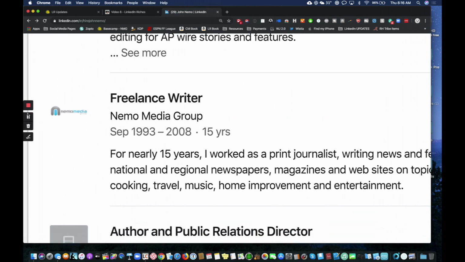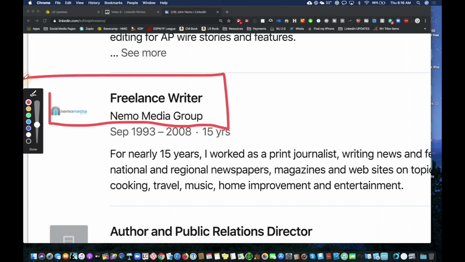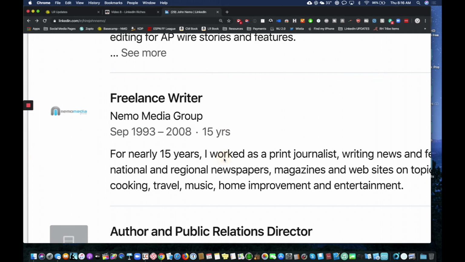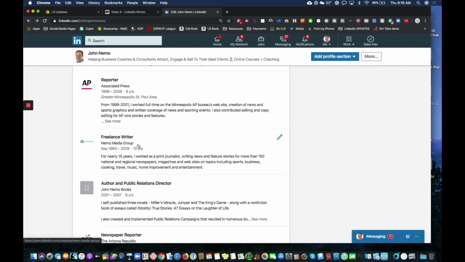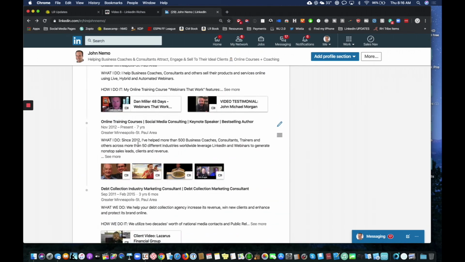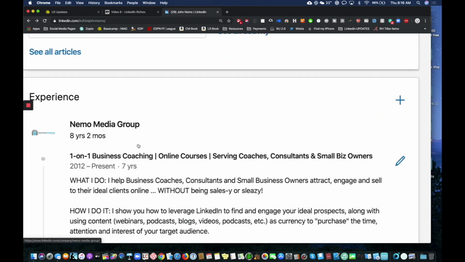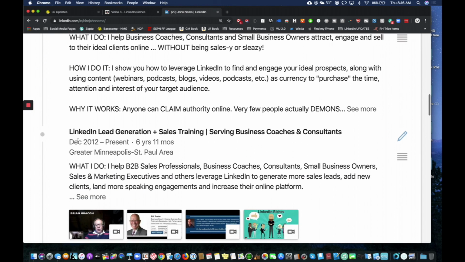Now you're looking at this going, well, wait a minute. You put Nemo Media Group as the company. Why is this job not listed up at the top with all the other ones? LinkedIn has this goofy algorithm that basically says, if your jobs at a company aren't at least within a year or less of each other, we'll break them out. So for example, all the Nemo Media Group jobs you'll see start around 2012,